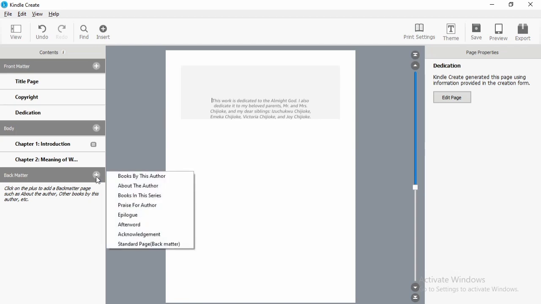Back matter can include about the author, bibliography,